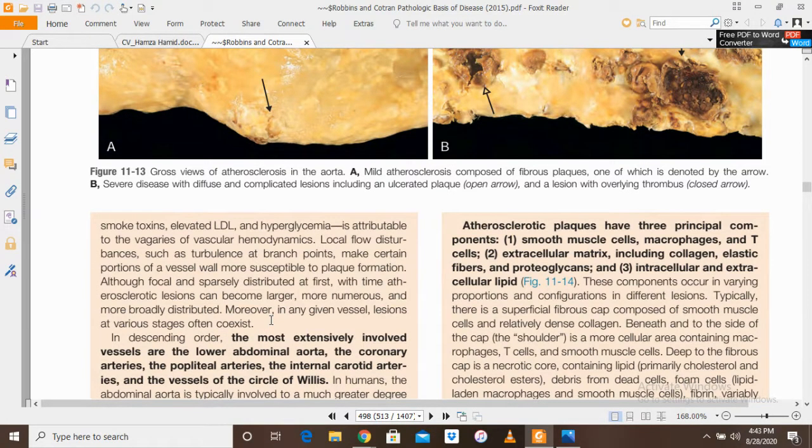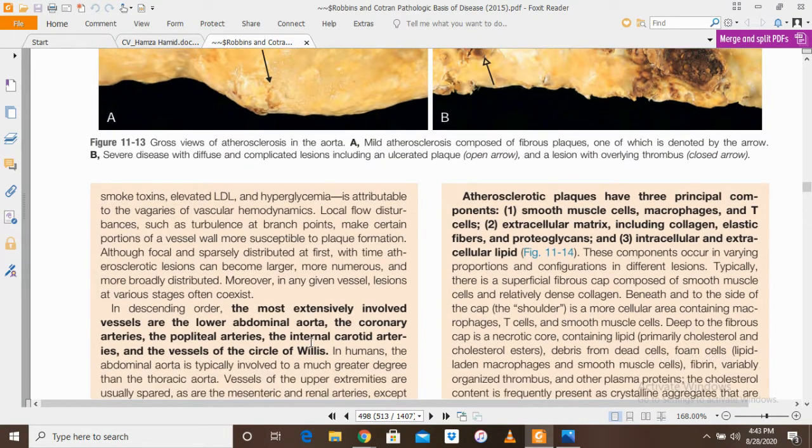In the descending order of frequency, the most commonly involved vessel in atherosclerosis is the lower abdominal aorta. In the descending order of frequency, the vessels which are involved are the lower abdominal aorta, which is the most commonly involved vessel, then coronary arteries, then popliteal arteries, then internal carotid arteries, and in the last, the vessels of